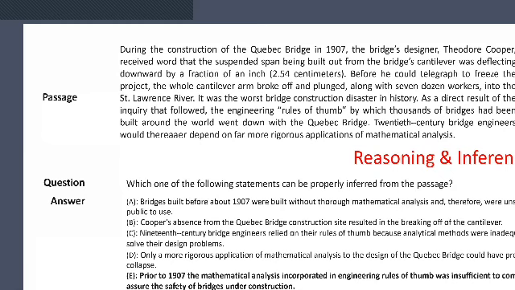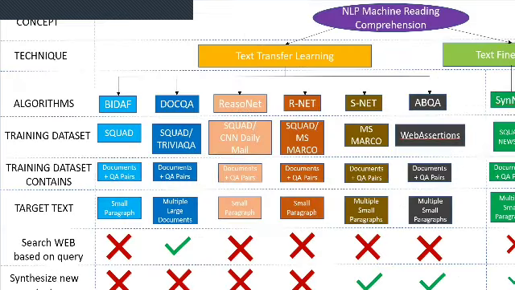Reasoning and inference is where you are trying to ask an understanding-based question, like a why or which type of question. So rather than just extracting a line from the passage, you're trying to generate an understanding that you're having from that particular passage. Most of the work on machine reading comprehension actually spans around extraction.